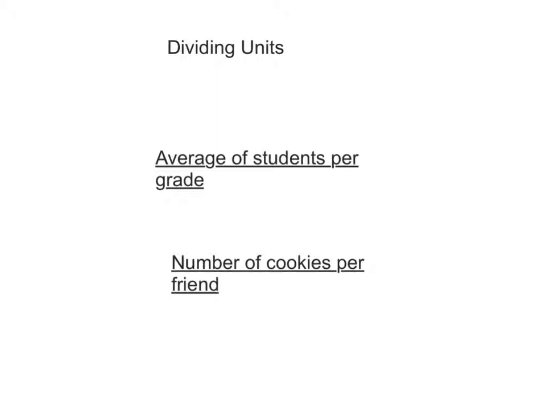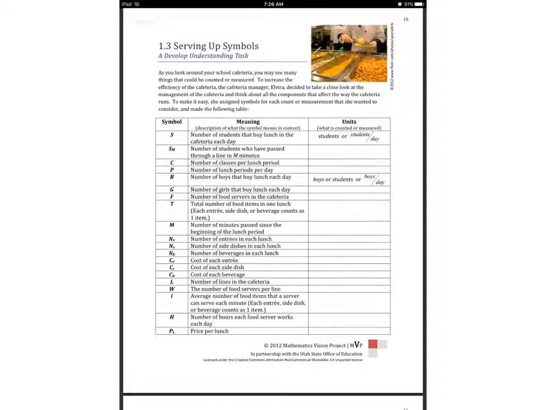So that's how you can use multiplying units and dividing units when you're taking a look at the activity today. So remember, you're going to be taking a look at the 1.3 serving up symbols so that you can use those variables to calculate the different rates and the total amounts. Remember, rates are with dividing, totals